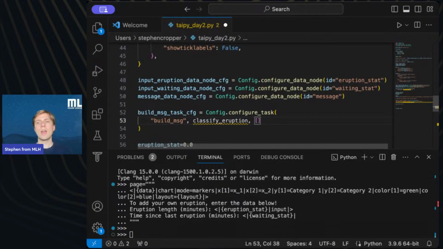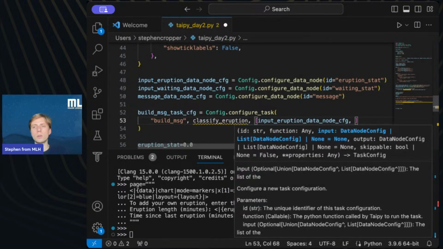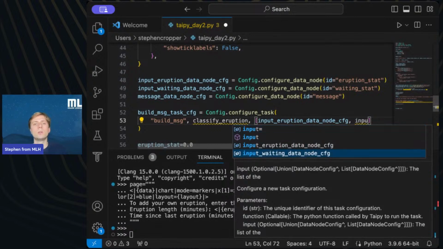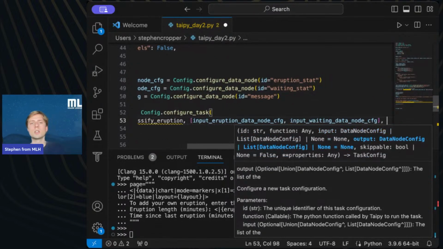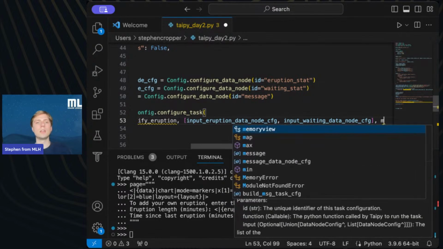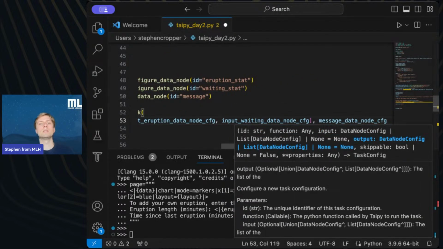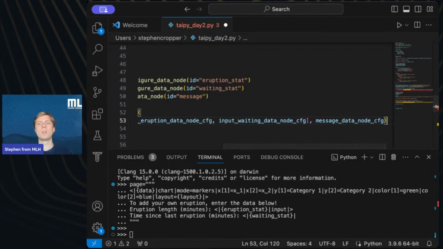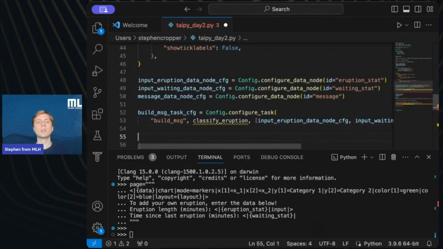All right? And then I want to tell it about my eruption data node, my weighting data node as inputs to the function, and then as outputs, we're going to use the build message data node, message data node here, and that should conclude it.